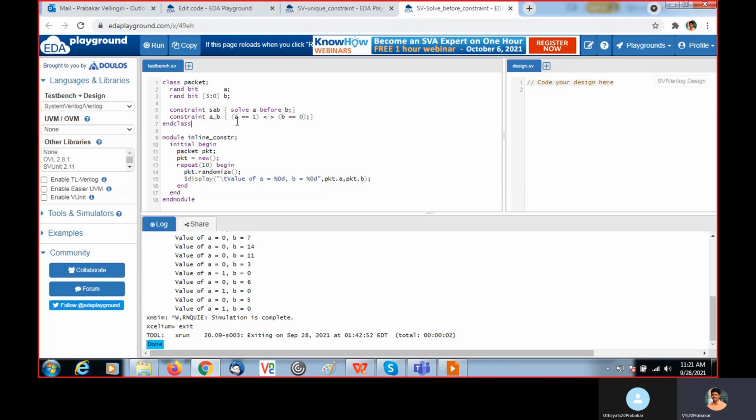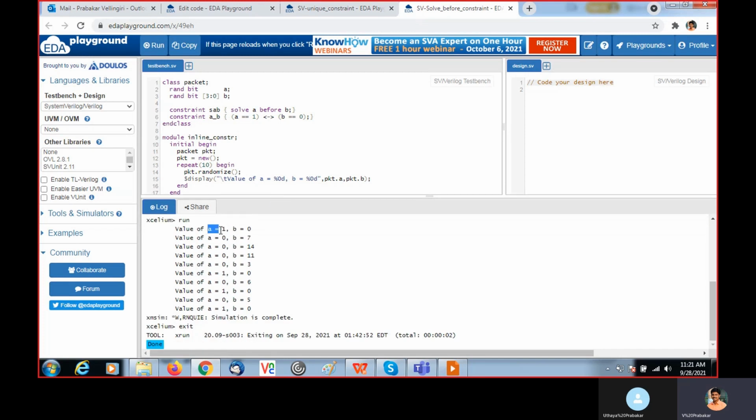So if it takes value 1, B value should be 0. If I randomize 10 times, you see, each time the value of A took 1, the B value is 0. Each time the value is 1, the other is 0. Right? So this is how it will take the corresponding value.